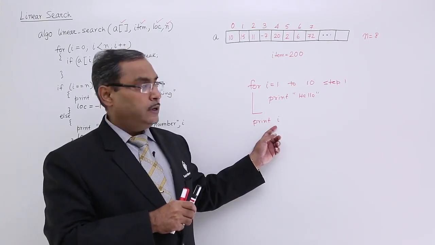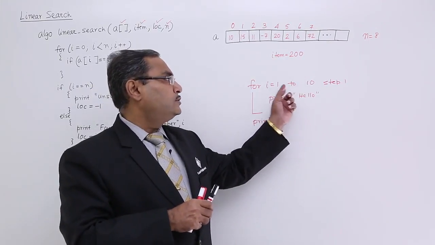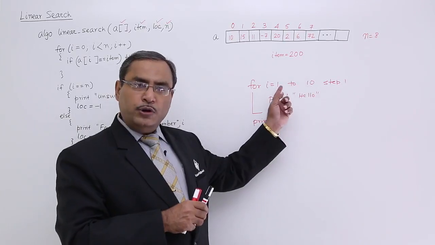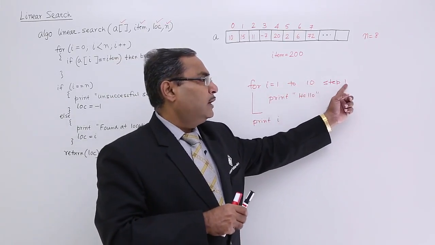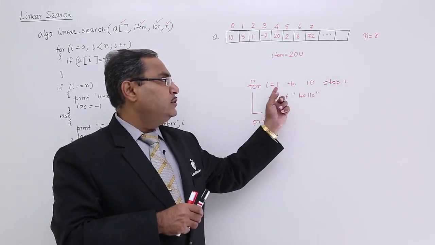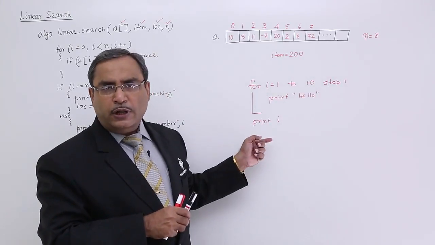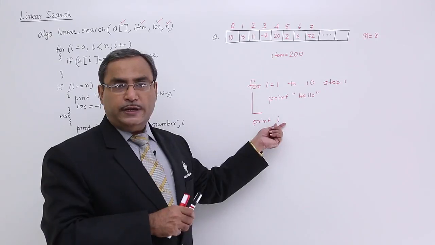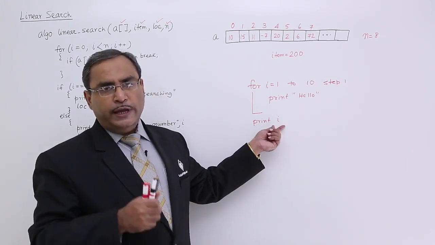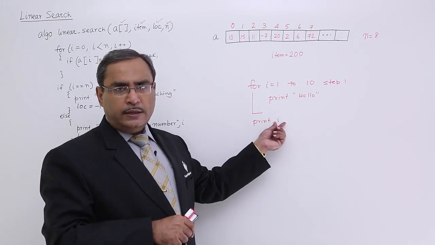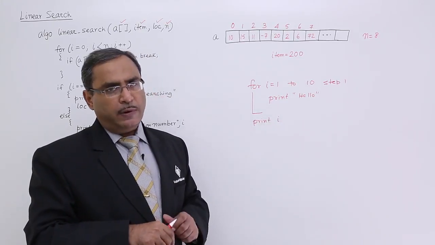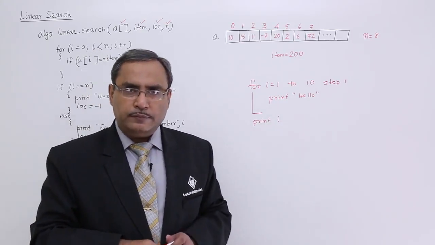Always remember this one. Because I ranges from 1 to 10, the loop will get executed. After that the value of I will become 10 plus 1, that is 11, and 11 is not within this limit, so it will come out of the loop. But if you print the value of I after coming out of the loop, it will print the value 11. This concept of 11 in I, I have used in my linear search algorithm.